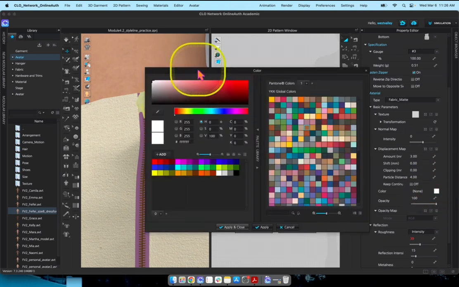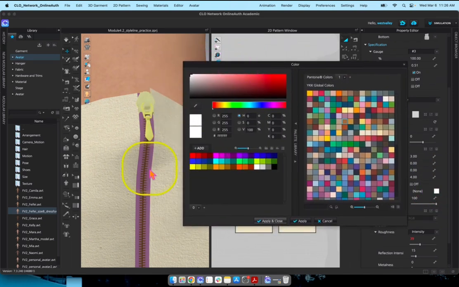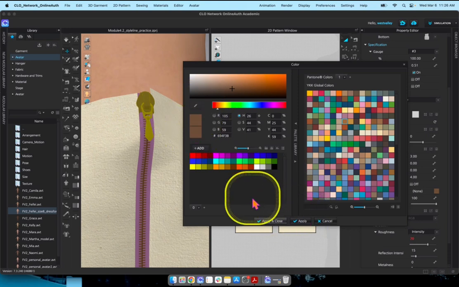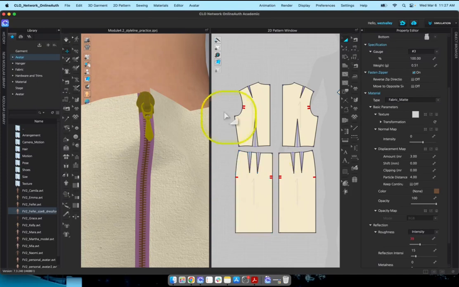So if I want to now change it to that purple color that I've got, or let's say the brown color, I can use my color picker tool, which is this guy right here, the eyedropper. I can select the color, see if it can match it up. That just hits the gray. So I'm going to pick a different color then, something similar. To get out of the eyedropper, it says press escape. I'm going to apply that and I'm going to close. So apply and close. And when I simulate,